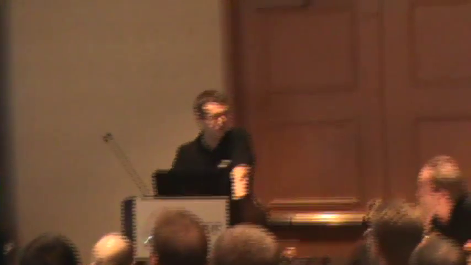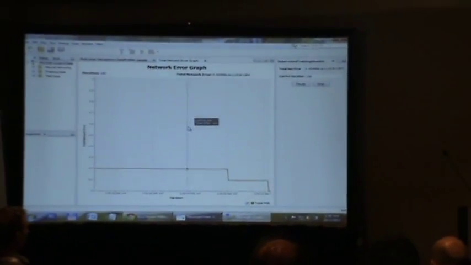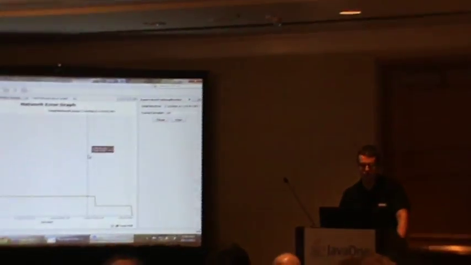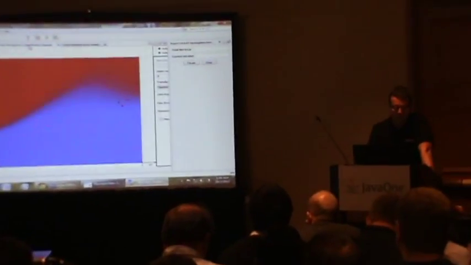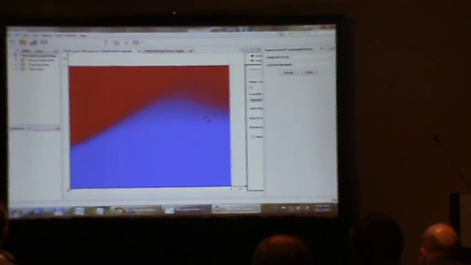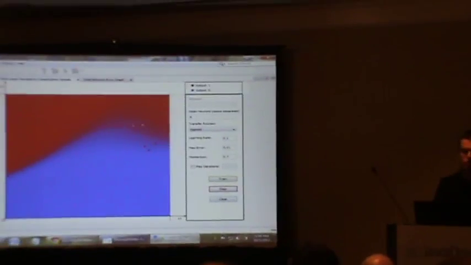These are real-time charts from VisualVM. We took that component from VisualVM. It is the only way you can draw real-time charts, as far as I know, in Java, right? We created our own component, but it is very hard when you want real-time charting, because you have to scroll at some point, and it was very buggy and blinking. So you see, this is how the visualization of the problem looks, how the neural network will learn